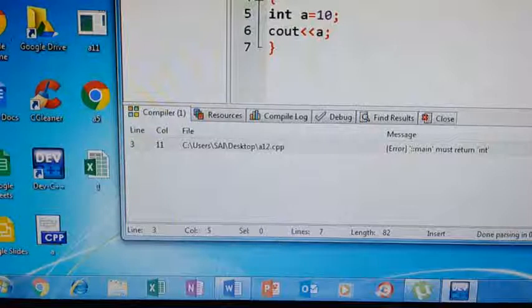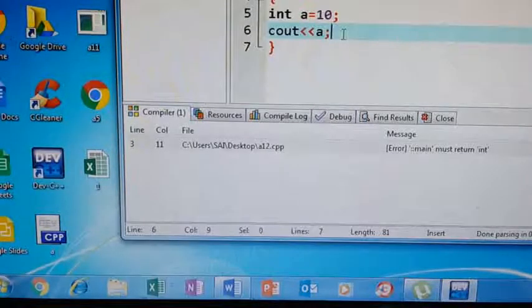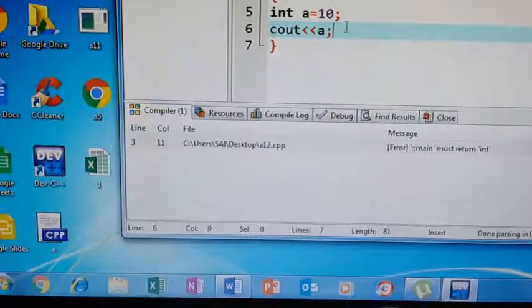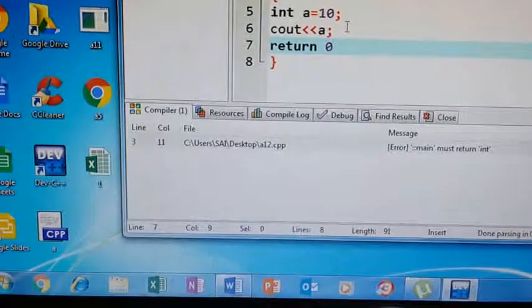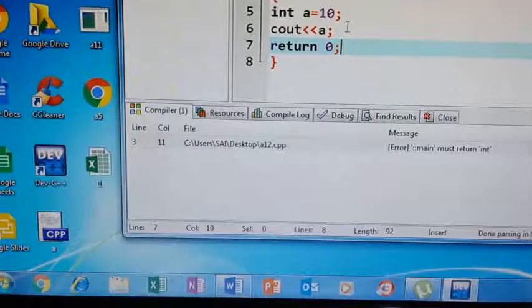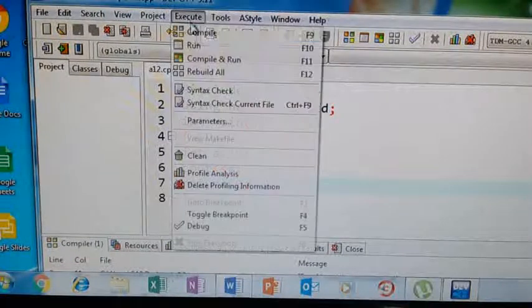Okay, it should be int. Now after this, return 0. Save it.